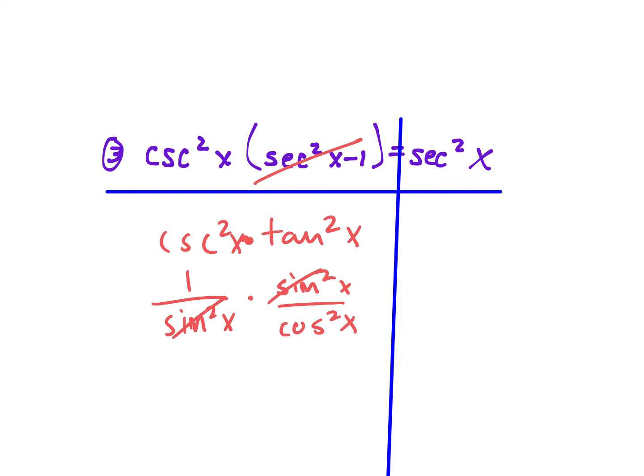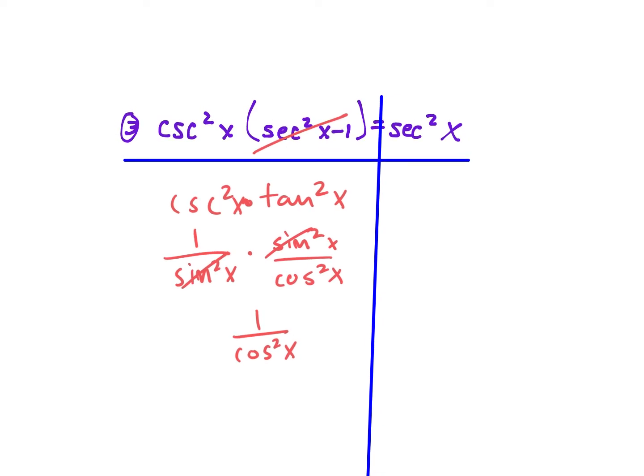When you're multiplying, you can cancel, but if you were adding, let's say we had like a sine squared plus 1 on the top and just sine squared on the bottom, you can't cancel. So you can't cancel out over addition, but you can over multiplication. So this would be 1 over cosine squared. And what should we do next? 1 over cosine squared we know is secant squared,